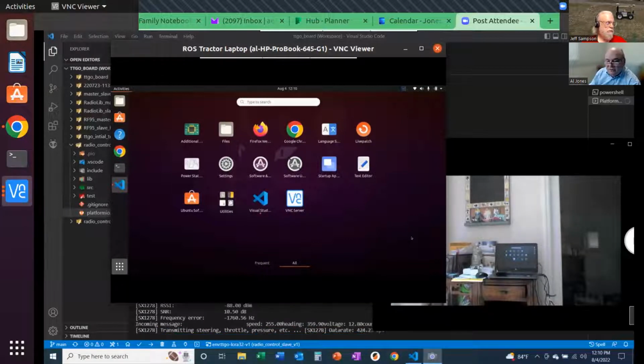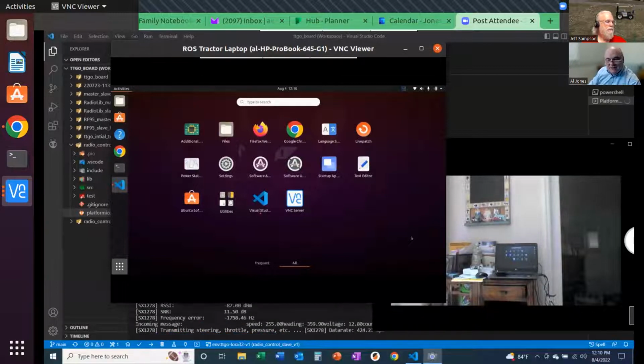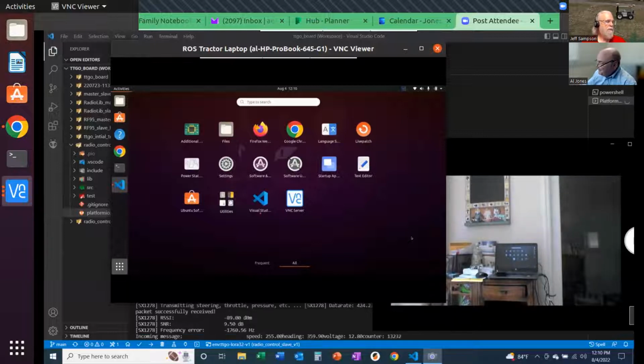Well, I'll share a little bit about what's been going on in my world. A little bit of programming progress and a little bit of progress on getting my machines organized. On the screen here is